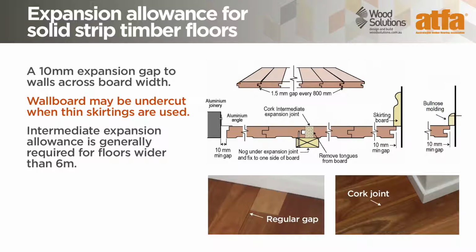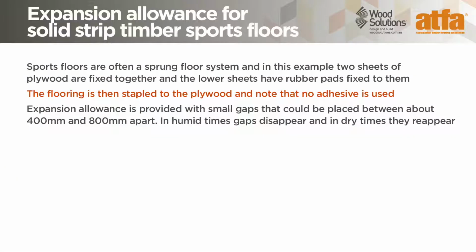A cork expansion gap of 10mm at the midpoint of the flooring will provide enough allowance, or alternatively, regular smaller gaps throughout the width of the floor can be more successful in high humidity areas. The photos show a floor that has used both a cork filler and regular interval gaps along with a clear perimeter gap. Sports floors are often a sprung floor system, as in this example, where 2 sheets of plywood have